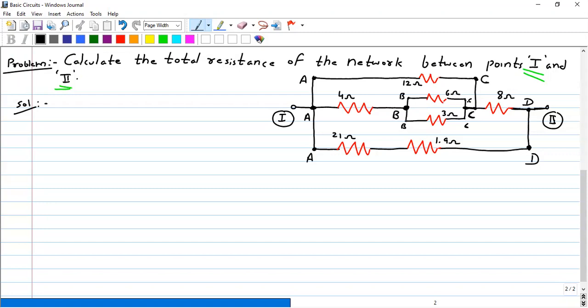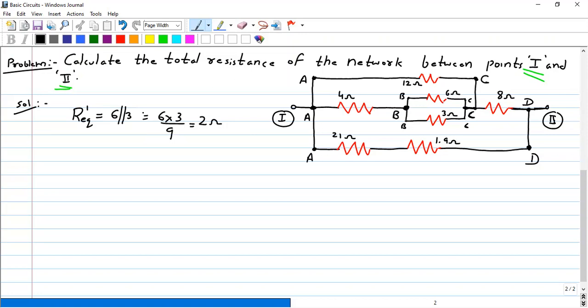You can see here, if one terminal is point B, the other is C. If the potential here is BC, then across the 3 ohm it is also BC. So the equivalent of this is a parallel combination. Okay, this is clear. Let me call this first resistance R equivalent dash, which is nothing but the combination of 6 parallel to 3. This will be 6 into 3 by 6 plus 3, 3 3s, 2 ohms. So the equivalent of this is 2 ohms.